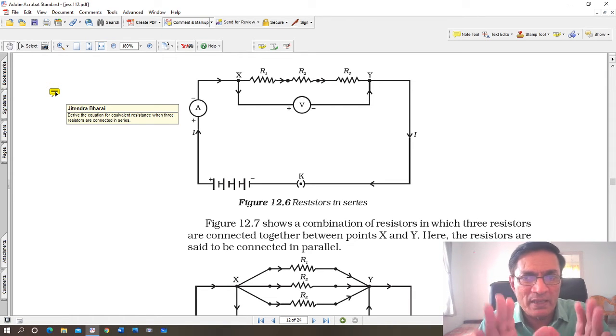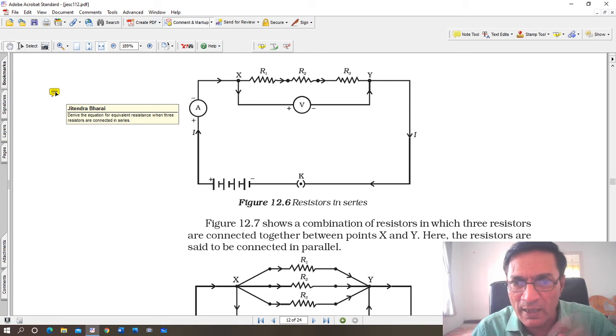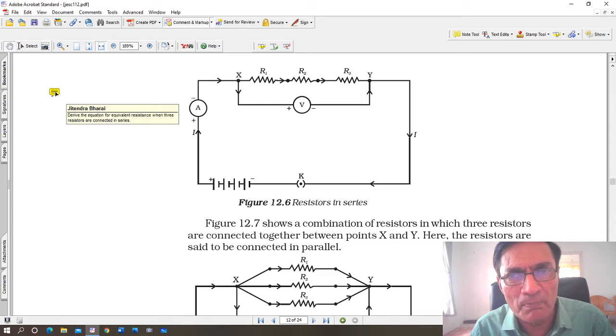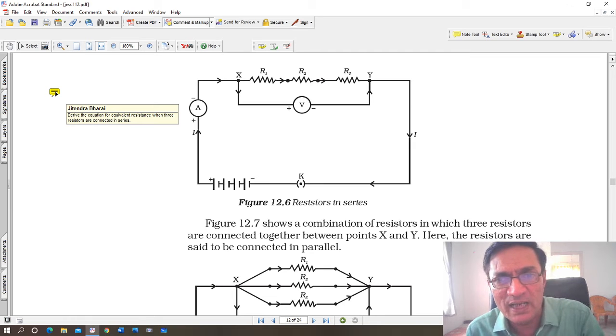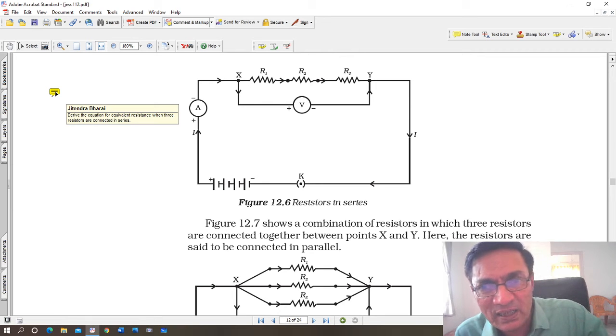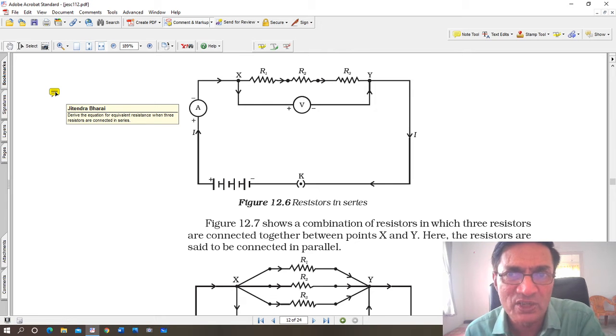Now see, first of all you will have to draw this circuit. What is the circuit? You can see R1, R2 and R3 are three resistors, such as a nichrome wire. It could be an electric bulb, it could be an LED bulb. Any wire or anything that conducts has resistance, which is why it is called a resistor. R1, R2, R3 are resistors. They are connected one after the other, end to end. That's why it is called a series connection.